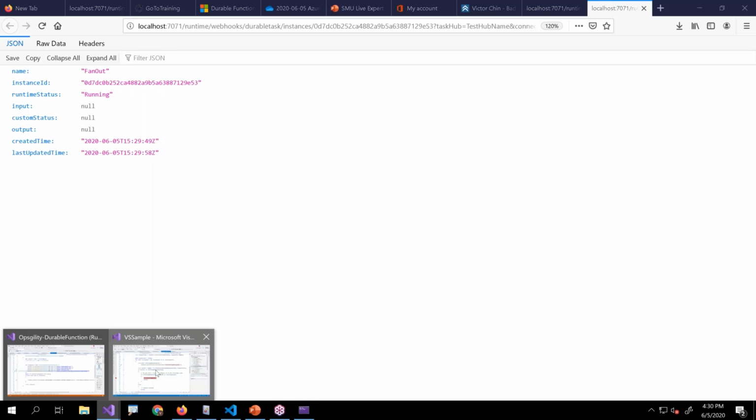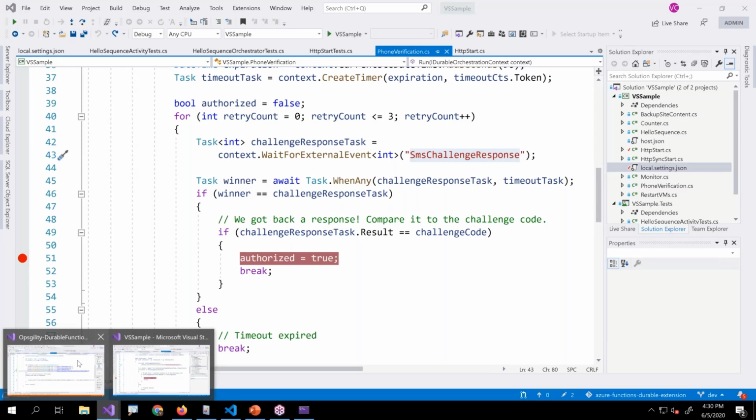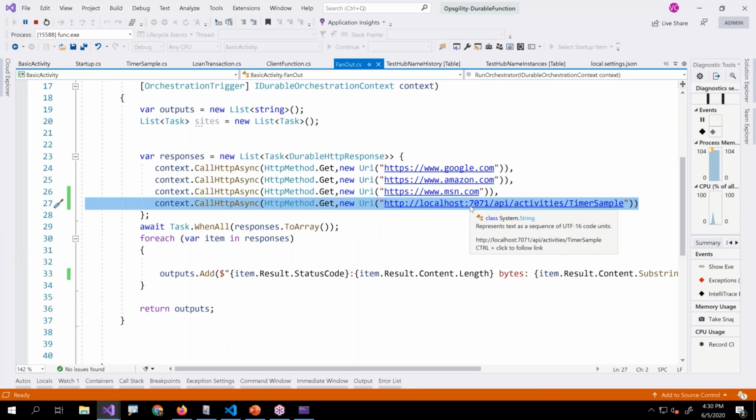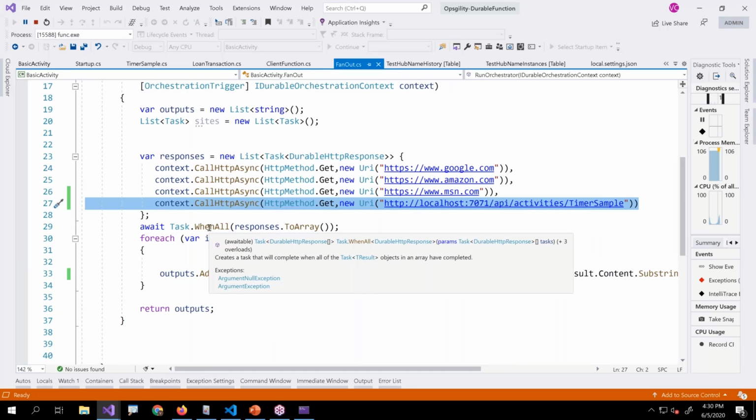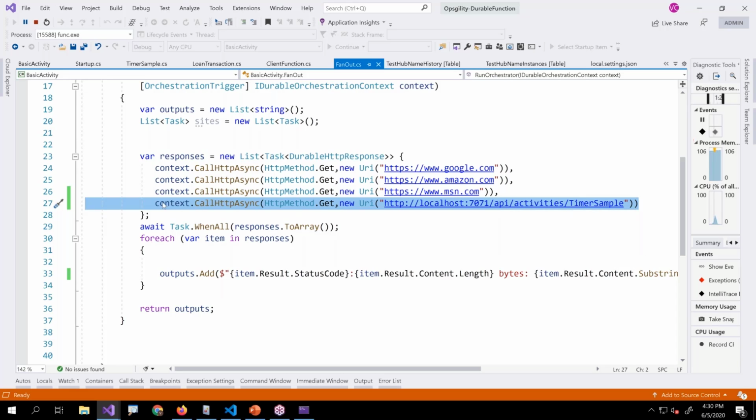So right now, it's still continuing to run because I still have one last one. So the Google, Amazon are already done. But since I'm waiting for all of them to finish, because I don't want to proceed until it's all done, now this call HTTP async is handling the 202 and retry. So at some point when 30 seconds is done,